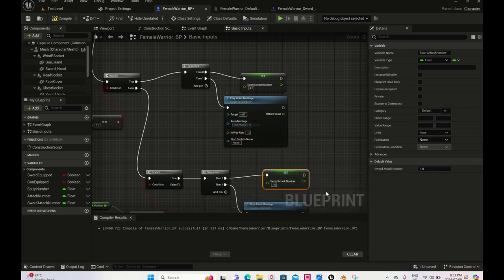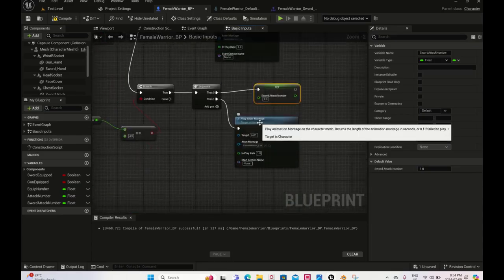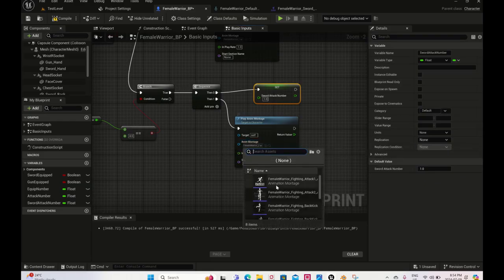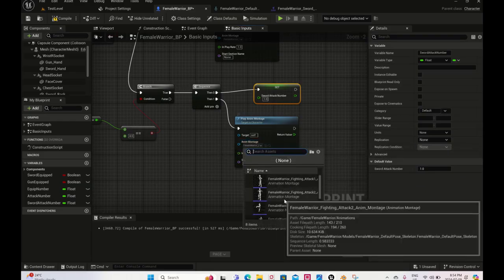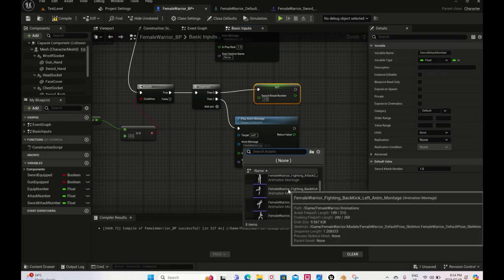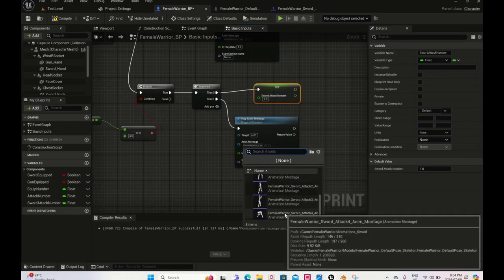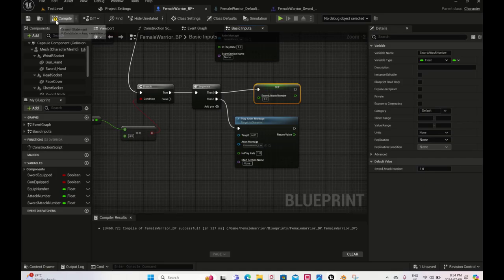sword attack 3. And because this is the play montage node, when you click here to select, it only shows you the montages. It doesn't show you all the animations. It only shows you the ones that you created the montages for. So if I go back,